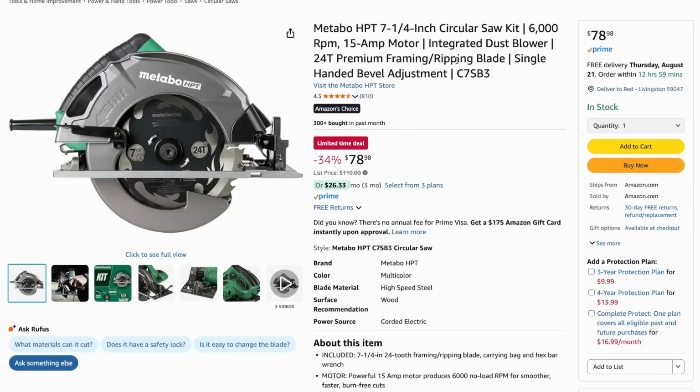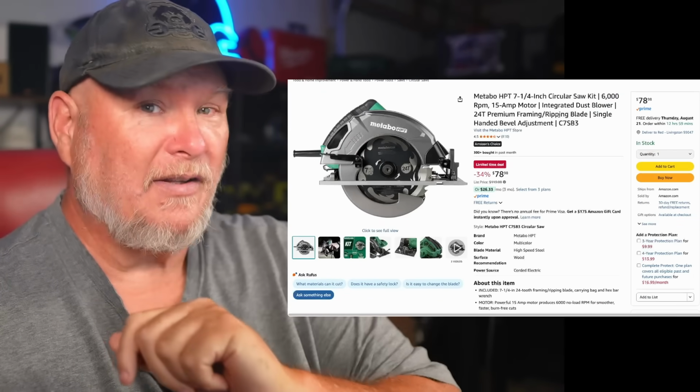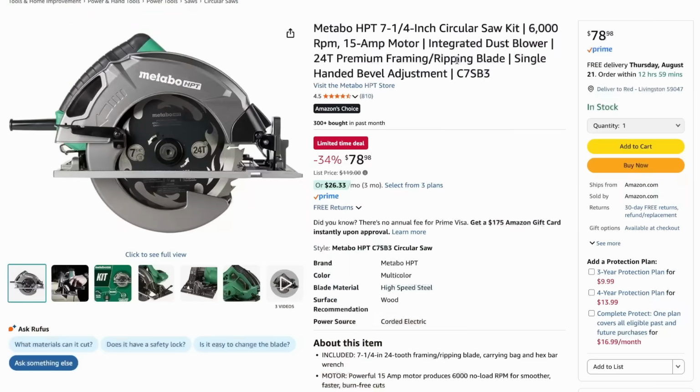Again, I would honestly call this a buy it for life saw. If you wanted to kill it, I'm sure you can do it. I'm sure you can handle it. I believe in you. But for the rest of us, this is a buy it for life saw, 7.25 inch. This is your standard right-facing everyday driver. It is the